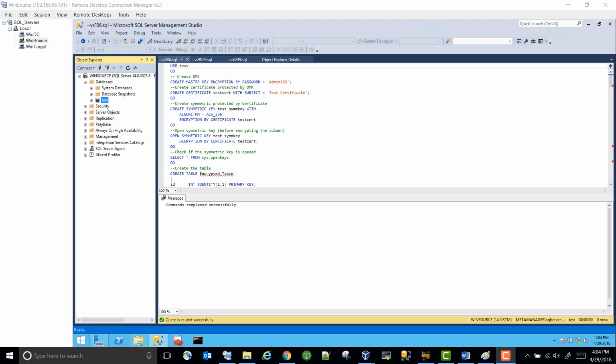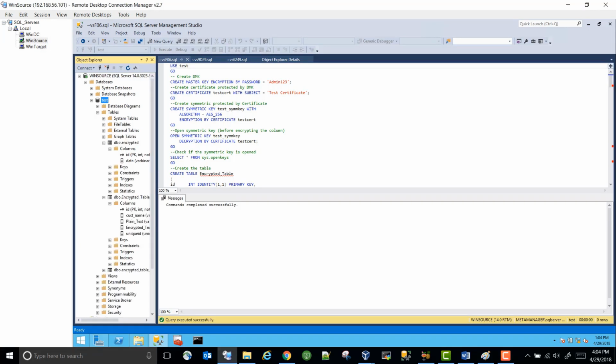In the previous video, we saw how to create column level encryption. We created it on some of the columns. For example, we created this database and these are the tables we created, and then we encrypted this column in this table and this column. Some of the columns have encrypted data, and in this video we are going to set up log shipping